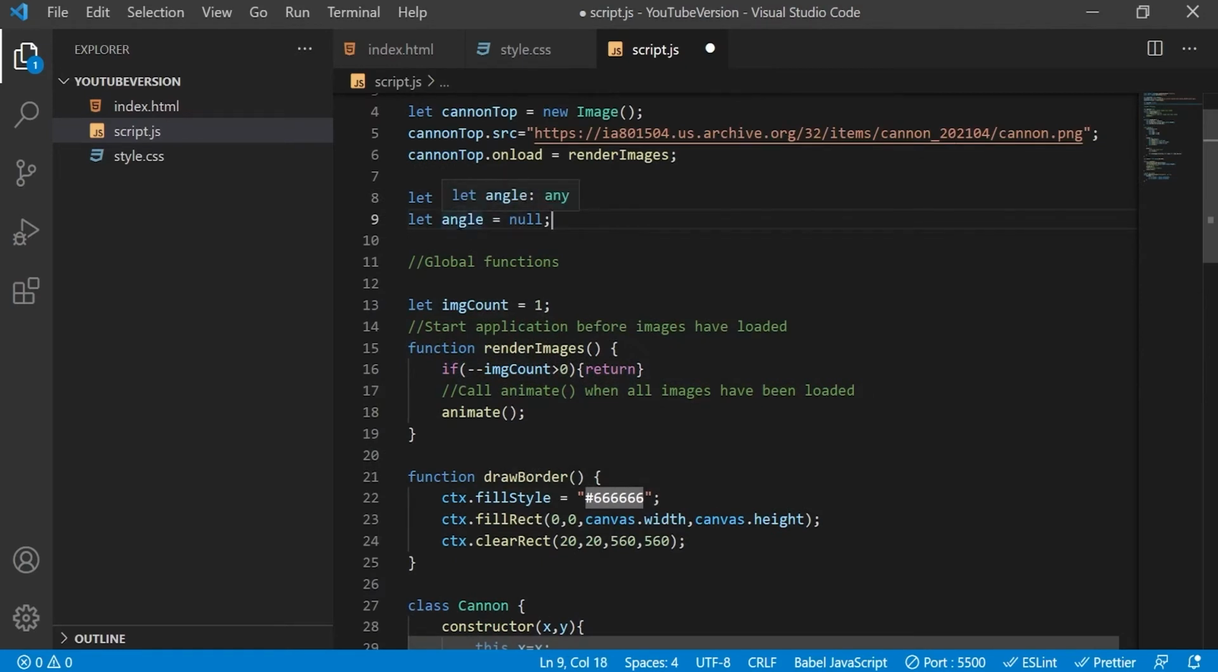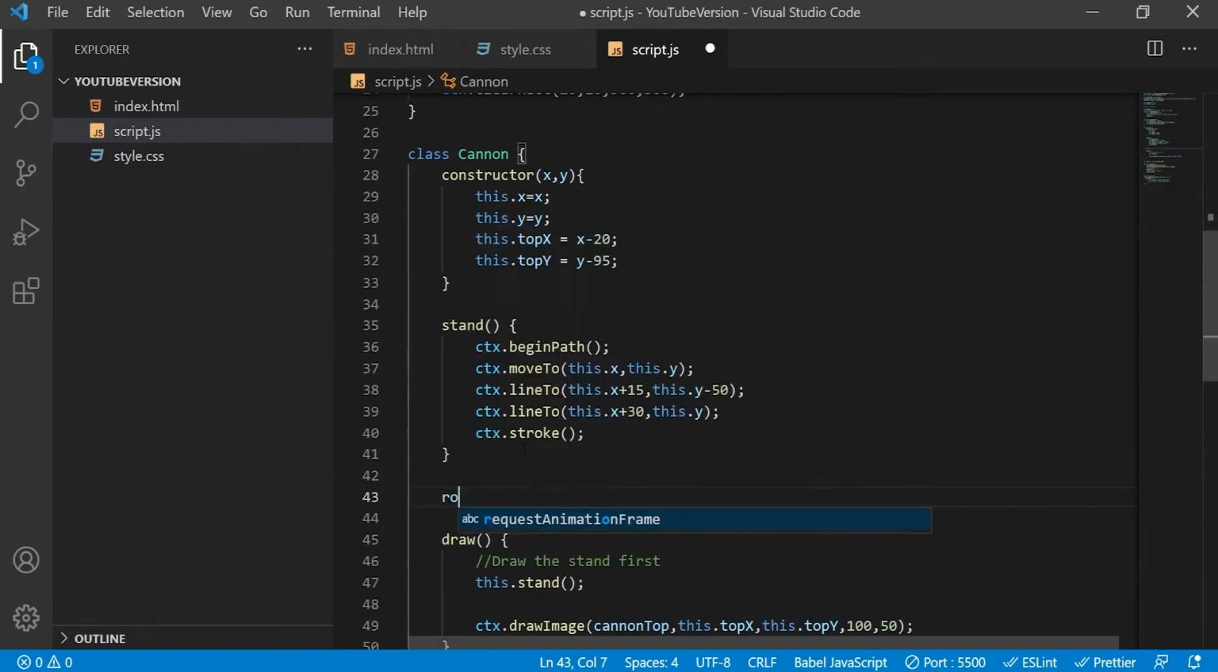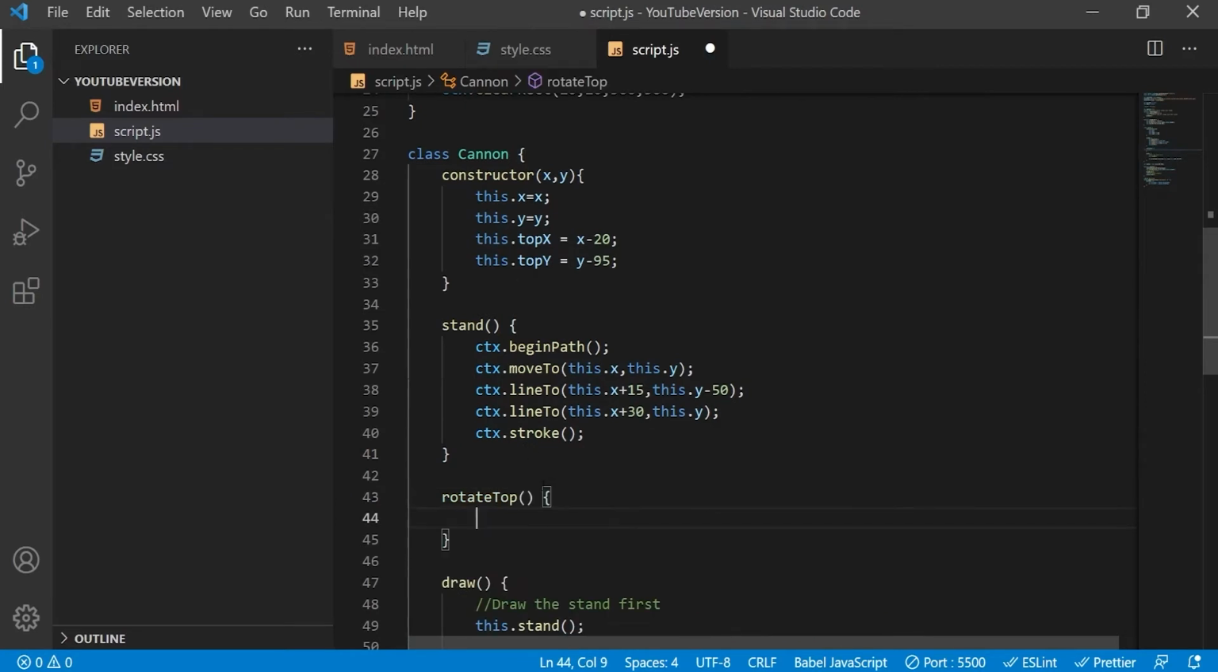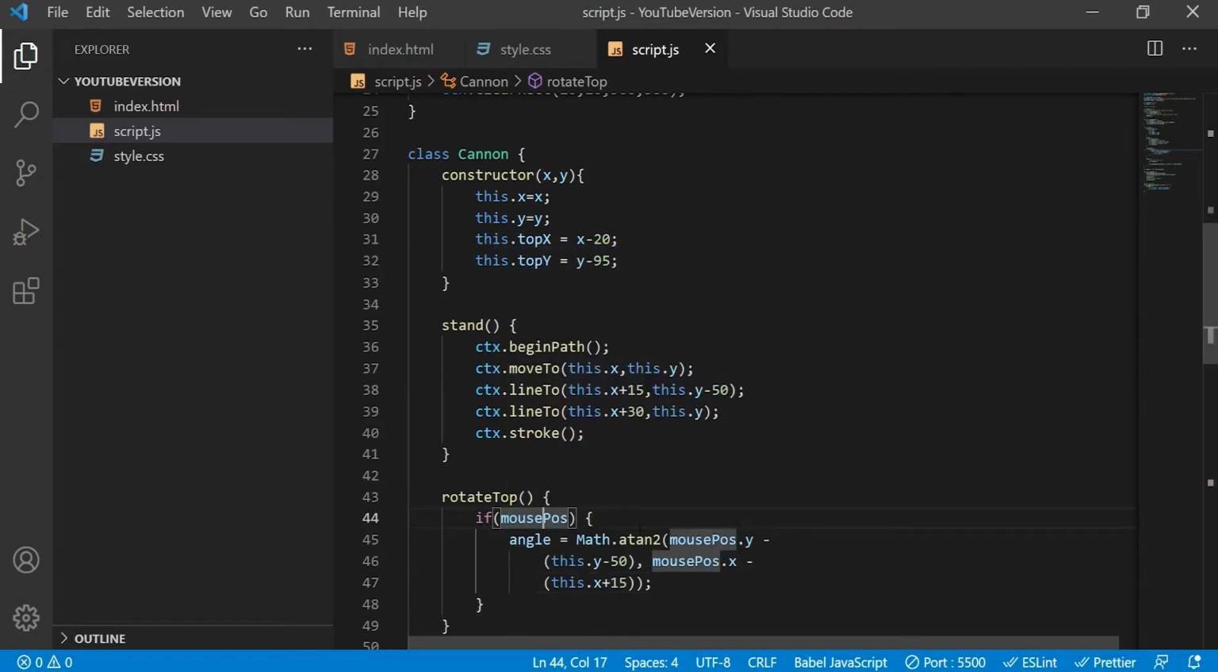We will also create this angle global variable, and it will only be assigned a value when mouse position has been assigned a value. Then we will create this new method on the cannon class. Its purpose is to rotate the cannon top in relation to where the user's cursor is on the canvas. So if mouse pos is assigned a value, then the angle variable will be assigned the value calculated from this